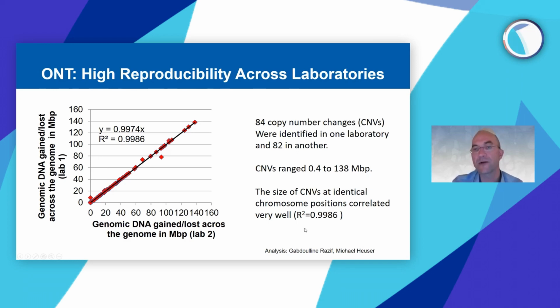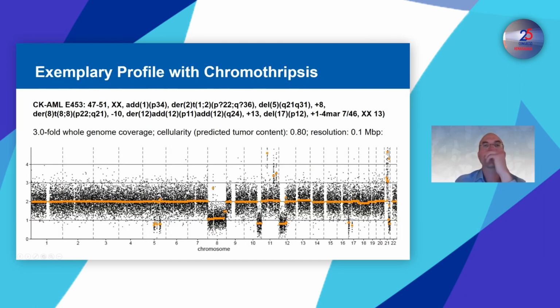Again, this is a collaboration with Hanover, with Michael Heuser's group. You see, it's more or less a foolproof technology. You get very reliable results, and even complex genomic aberrations, such as this case with chromothripsis, which is a shattering of chromosomes, you can easily detect the complex karyotypic changes,